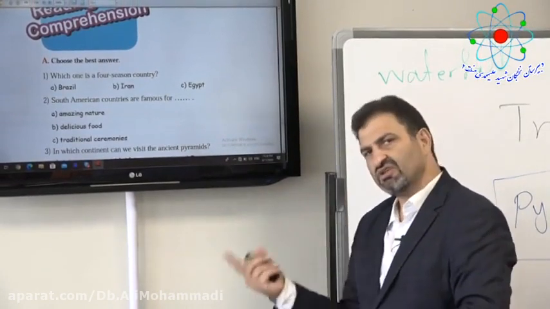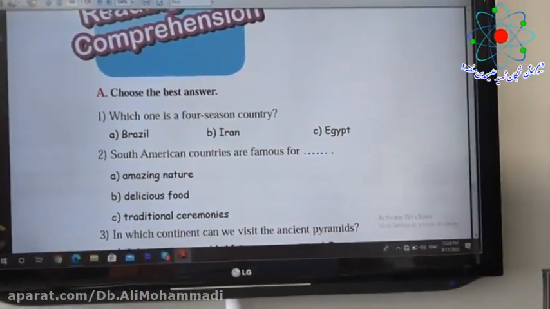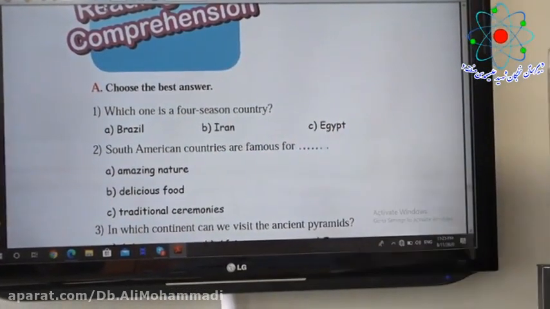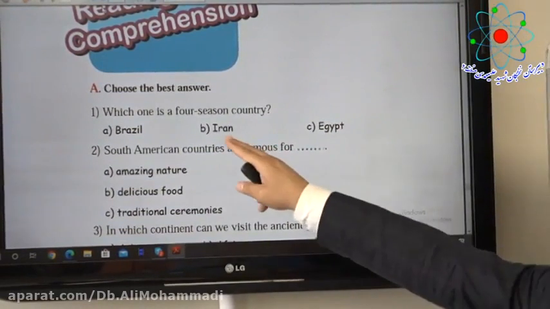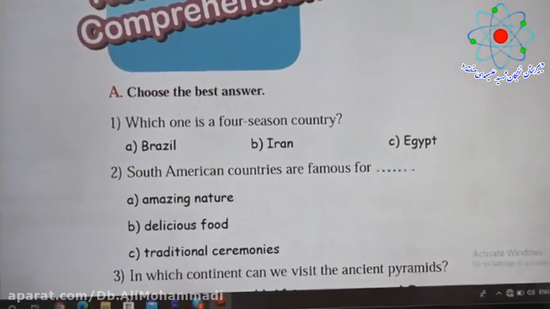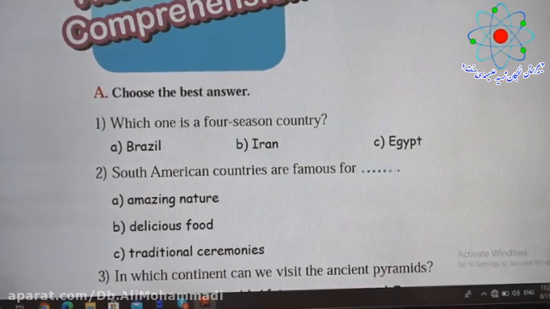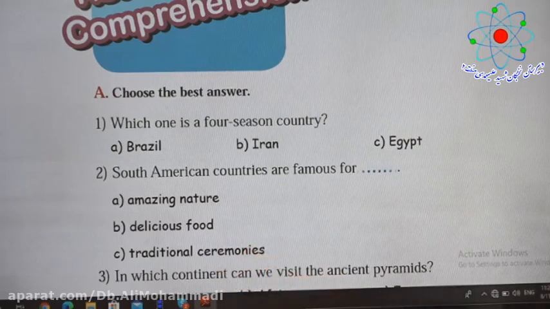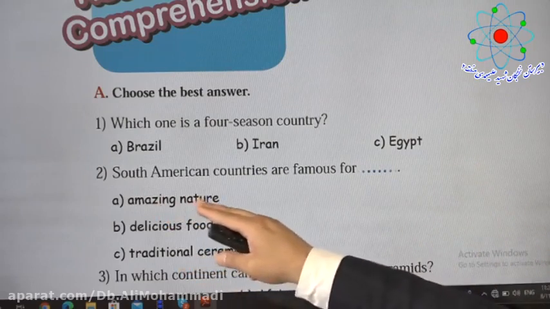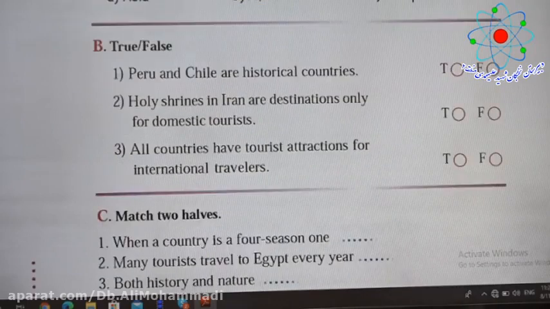Comprehension questions, reading comprehension. Number one, which one is a four-season country? Brazil, Iran, Egypt. You remember, it was Iran that has 4 seasons. So the correct choice is B. Number 2, South American countries are famous for amazing nature, delicious food, or traditional ceremonies. آمریکای جنوبی معمولاً they are famous for amazing nature. Countries like Brazil, Chile, and